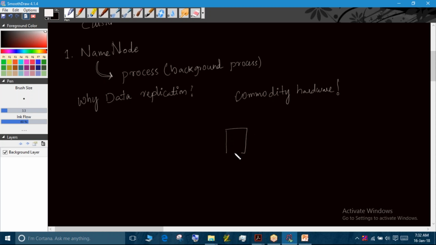Whatever the reason, when you have more nodes, there is every chance that a node may fail. Maybe for a very simple reason, like the power cable got disconnected, or the network cable got disconnected, or the hardware might have burnt. Whatever it is, for any reason, if the node is down,